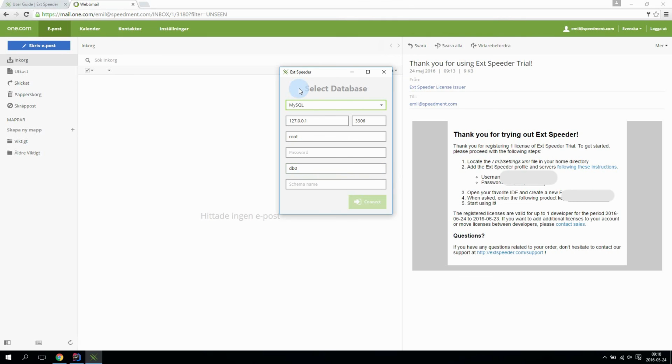So this is how it looks the first time you launch Ext Speeder and you have a valid license on your computer. You will get to connect to a database, and my database is located on localhost with the username root and the password. And my schema I want to model into a REST API is called Physicians. So press connect,